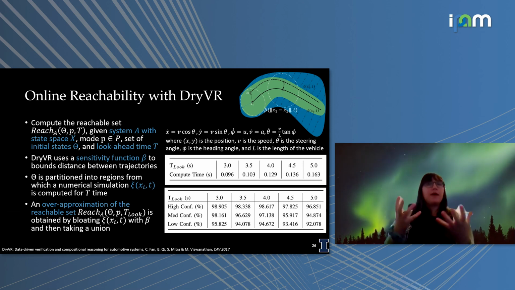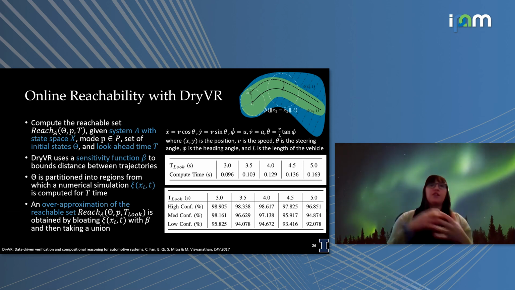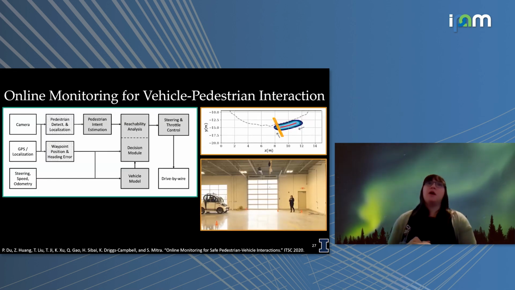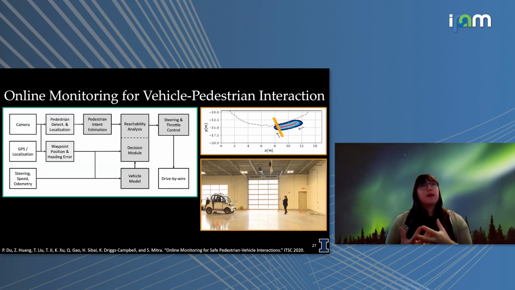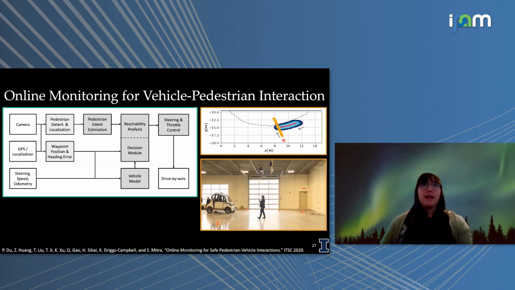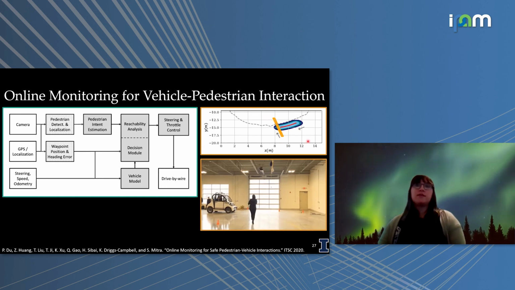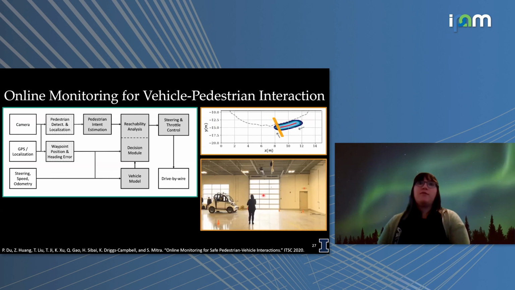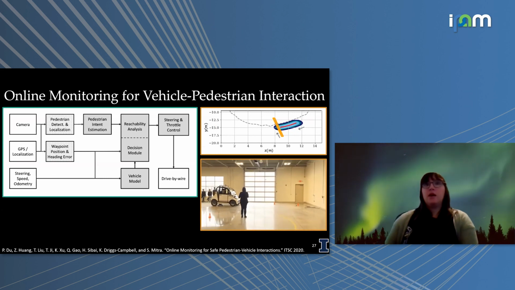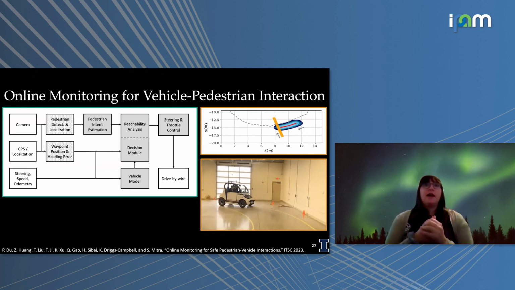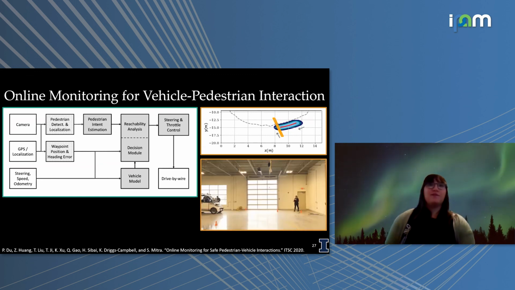Okay, so now we have this tool. We have our prediction, we have our reachability module. And again, what we want to do is close the loop on all this. Assuming that we have this good prediction, we can take this as a series of static obstacles. Then we can close the loop on this reachable set and determine whether or not we should stop here. So by combining these two pieces together, at least I feel safe enough walking in front of this car.